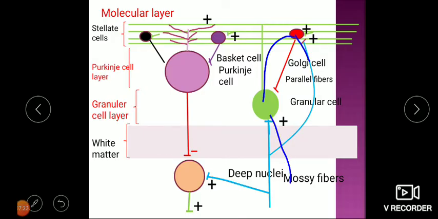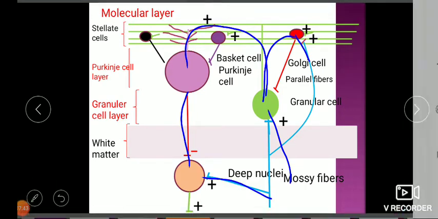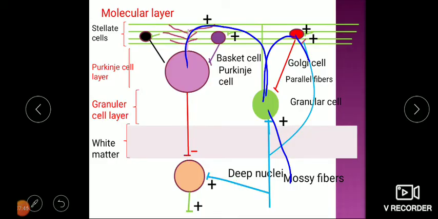Granular cells are excited by mossy fiber. These are exciting the Purkinje cell, and Purkinje cell are inhibiting this one. Means the direct connection is excitation, and this is inhibition. So like this, excitation and inhibition take place, and the output coming out from deep nuclei will vary as per the requirement. When we need excitation, at that time excitation will come, and at other times it may be inhibition. That means the brake will be there, and excitation will get reduced because of this inhibition.